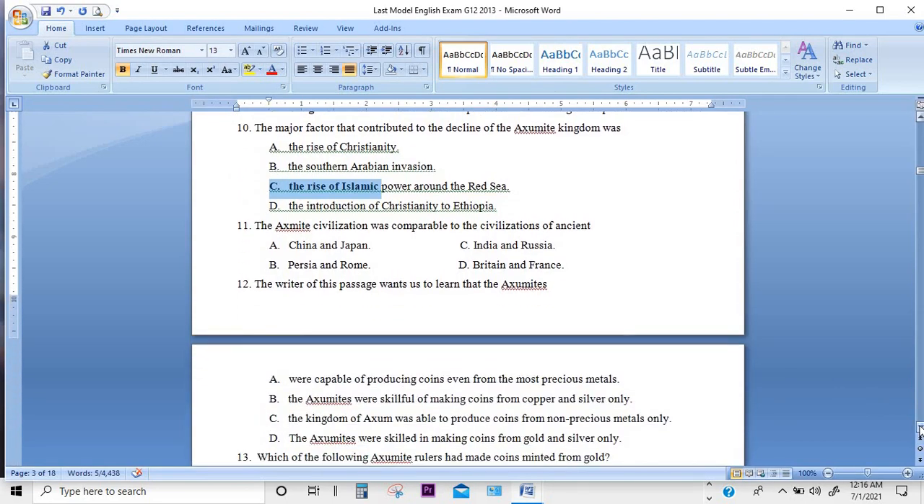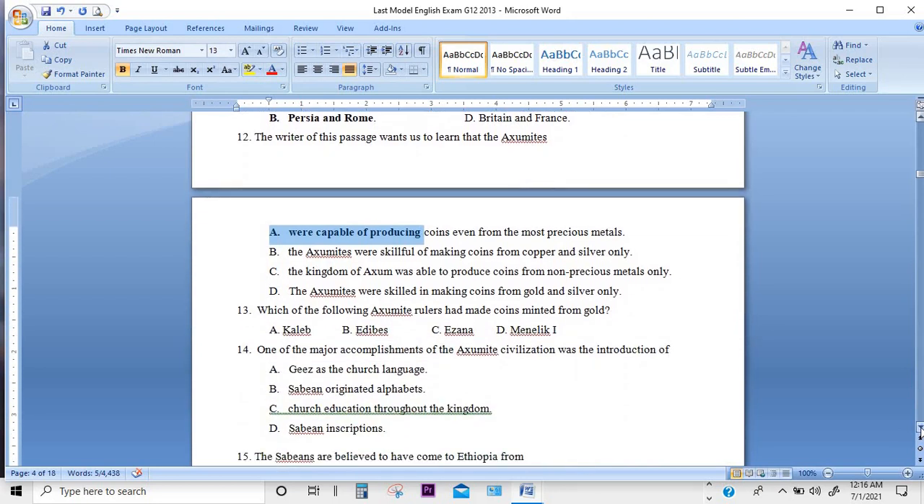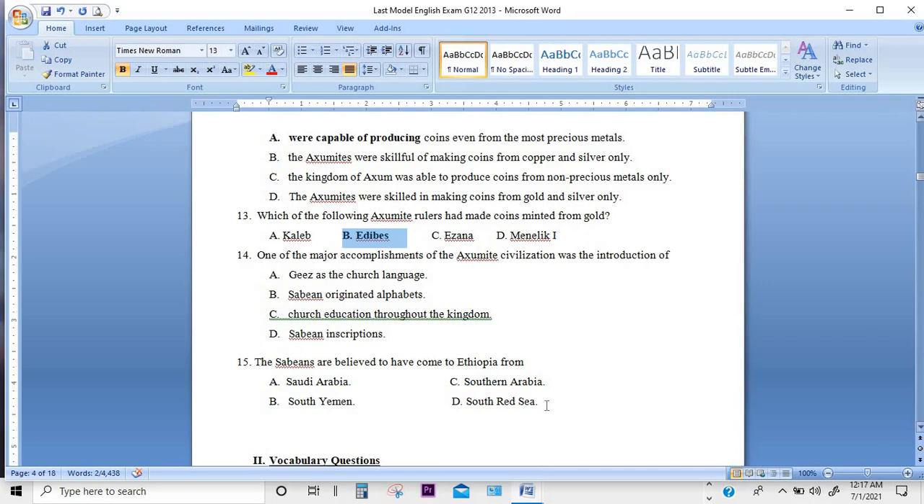11, 12 and 13 are from paragraph 5, okay. የ11ኛው ጥያቄ መልስ B ነው፣ ፐርሺያ እና ሮም የሚለው። የ12ኛው ጥያቄ መልስ ደግሞ A ነው፣ they were capable of producing coins even from the most precious metals የሚለው paragraph 5 ላይ የሚገኝ መልስ ነው። የ13ኛው B ነው። የ14ኛው እና የ15ኛው paragraph 6 ላይ የምናገኘው ነው። ስለዚህ መልሱ የ14ኛው B ነው፣ የ15ኛው C ይሆናል።